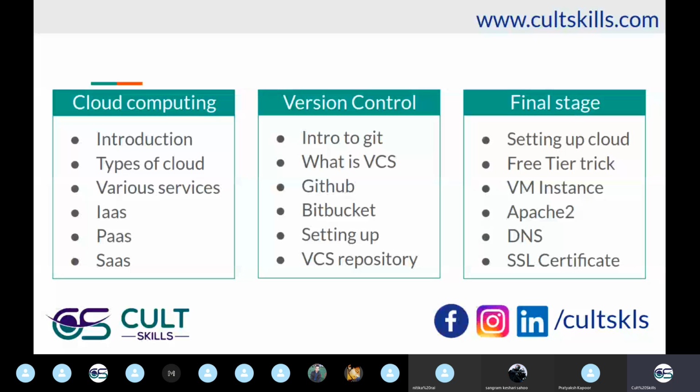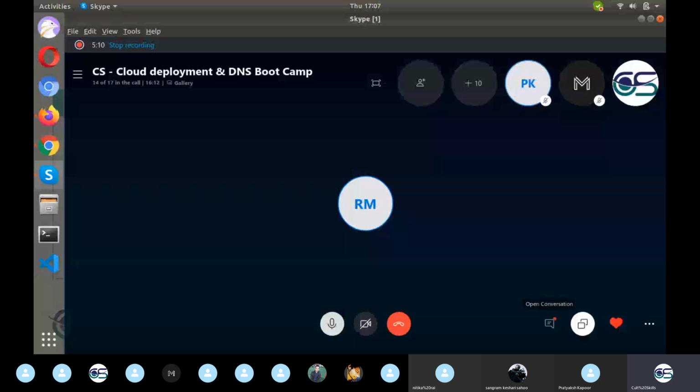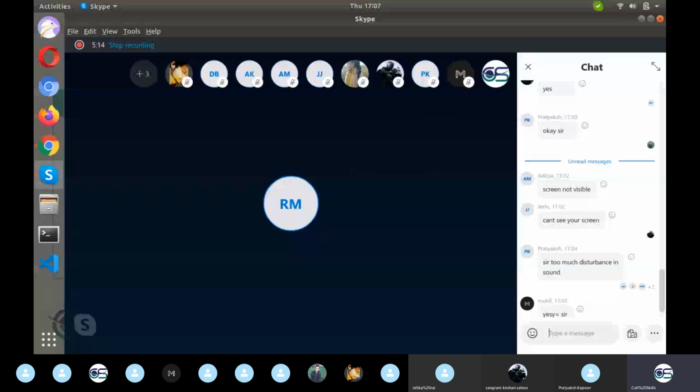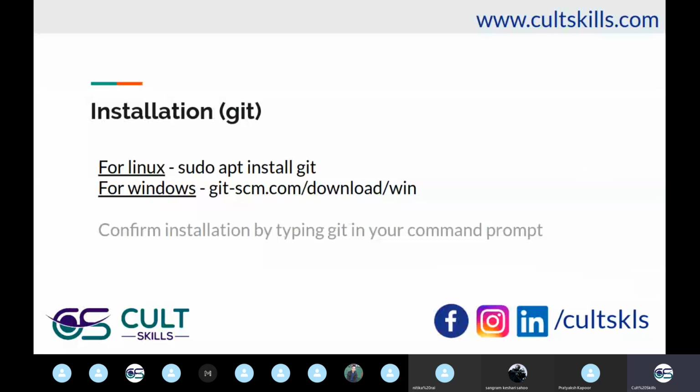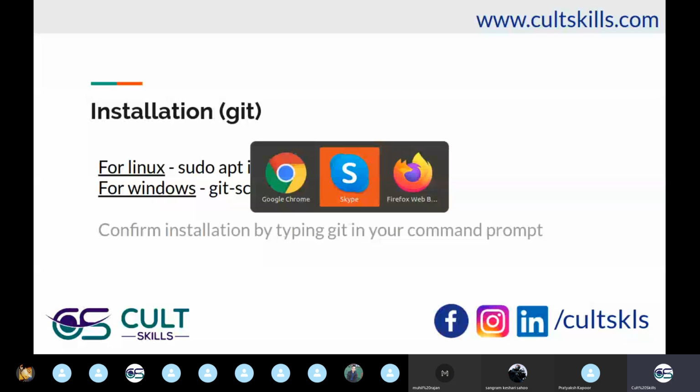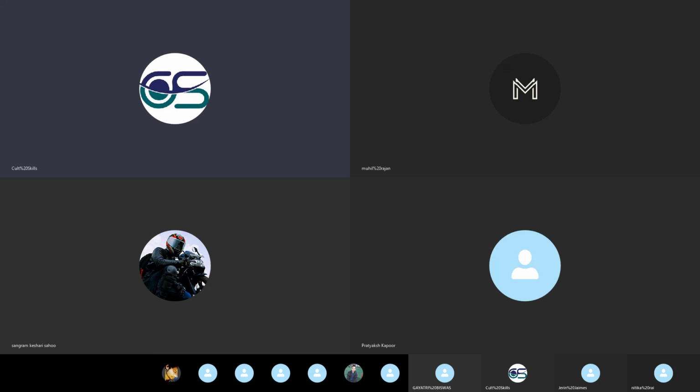On Windows, you need to go to this particular web link, git-scm.com/download/win, and you need to confirm your installation by typing git in your command prompt. Let's see, I open the window for doubts for the first time: whatever your doubt is, like you found Git not installed on your system, or you found that Git is not working, or whatever it is, just come up with your doubts, and I open my window right here. This time you can share your screen, and let's see whoever has a doubt. Let's sort it out.